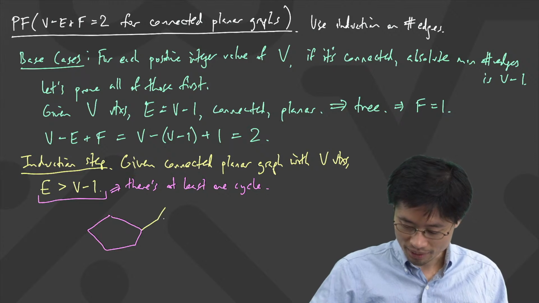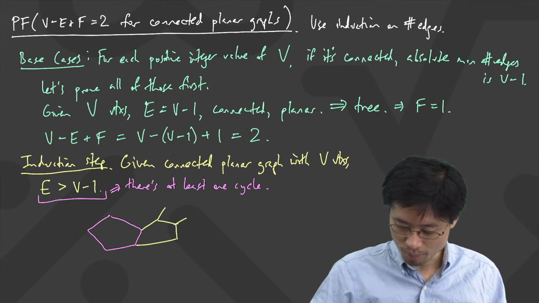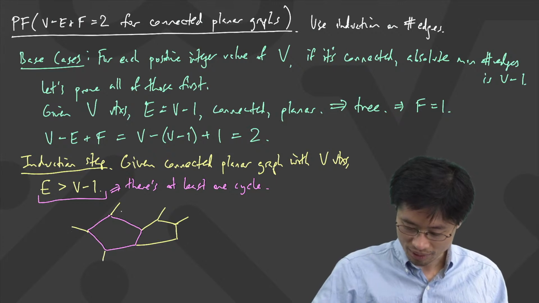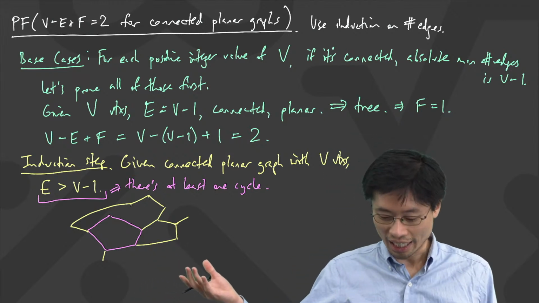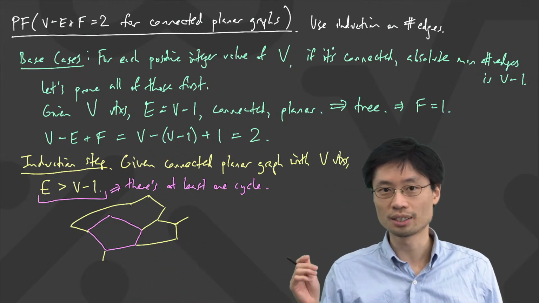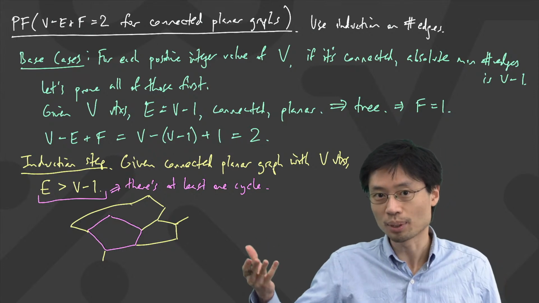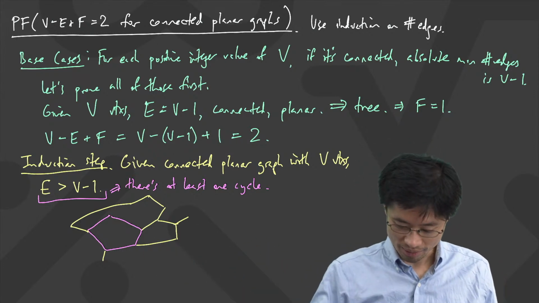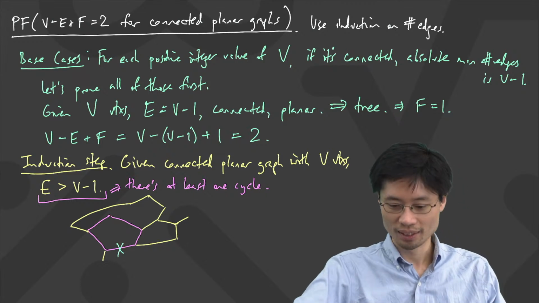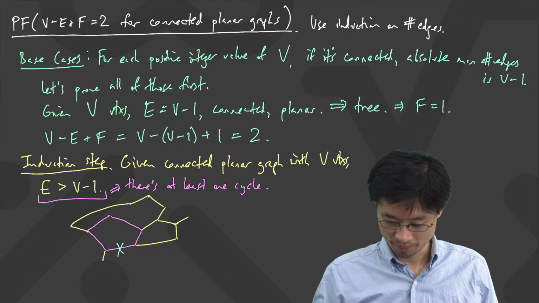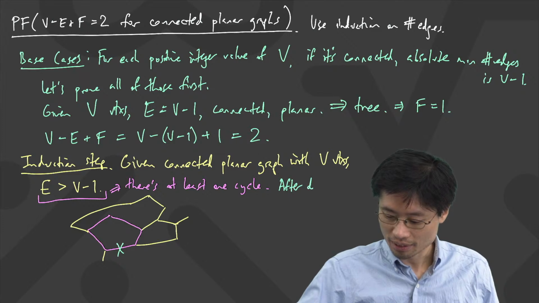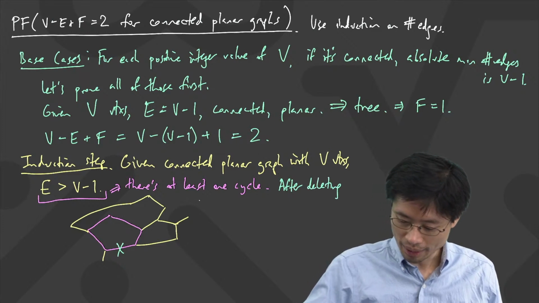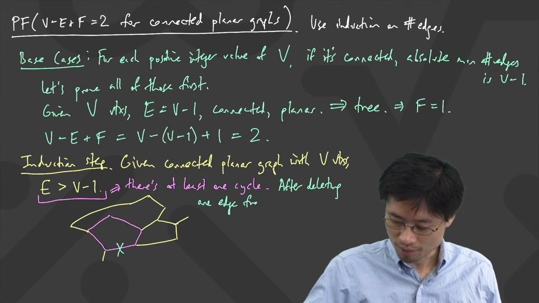It's a connected planar graph, so there could be more cycles, but it does interesting stuff. I'm just drawing something here. If there is at least one cycle, now what you do is you consider another drawing of a simpler graph where you just took away one edge. Doesn't matter which. Consider deleting that one edge. Well, I'll write after deleting one edge from that cycle,